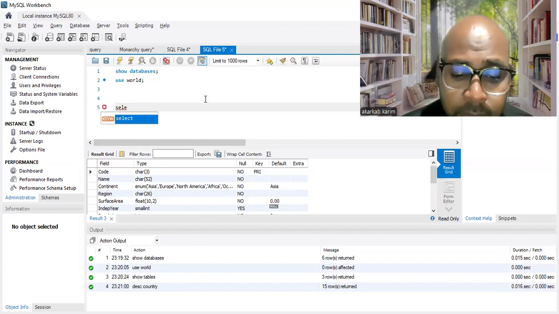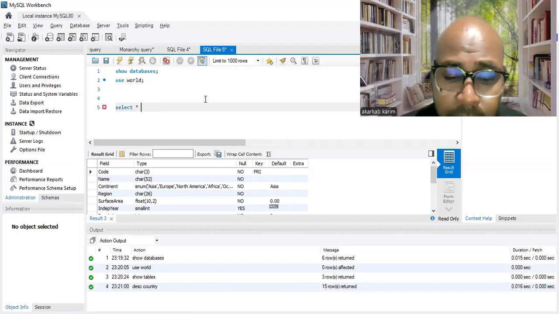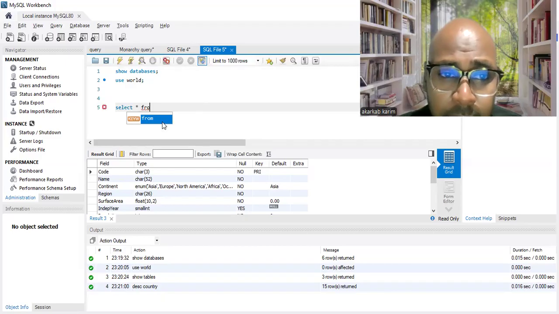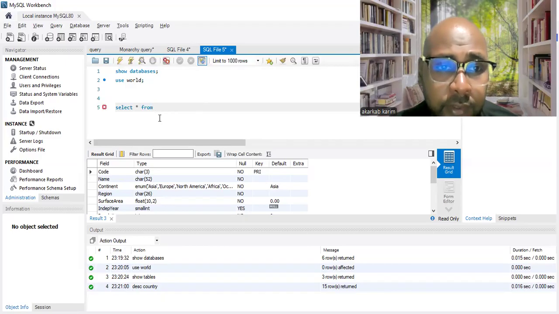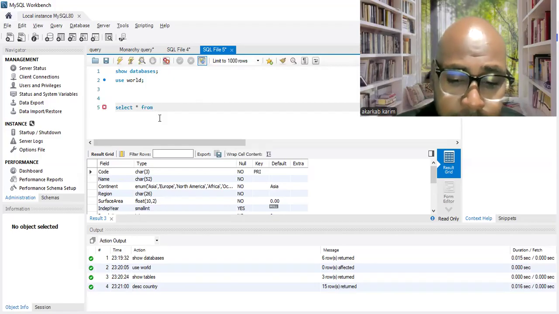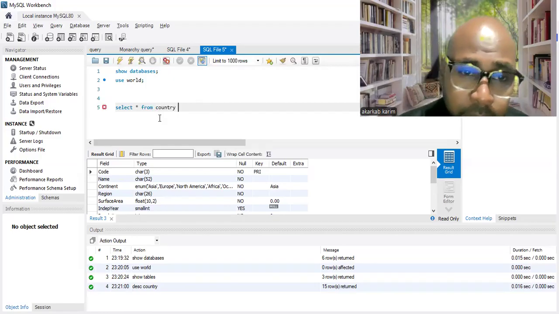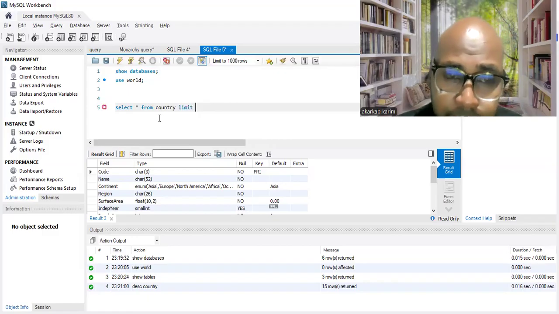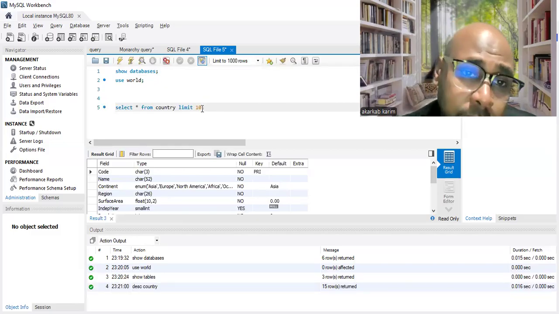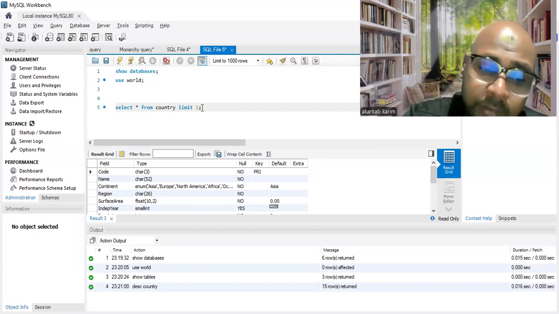Well, we are still working in this table of country. So let's check some data that we have in this country table. We want to select some data. Here we have a clause of limit. If we want to limit the records, in our case, let's just choose three.